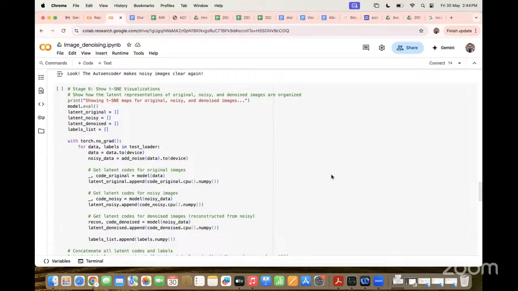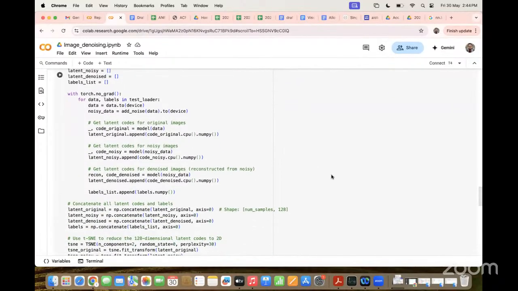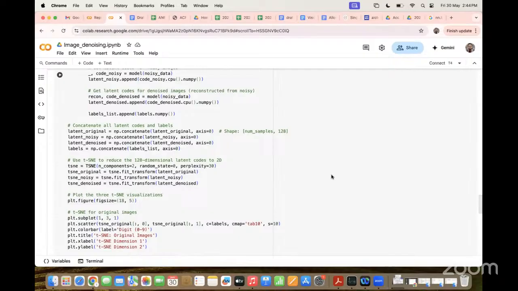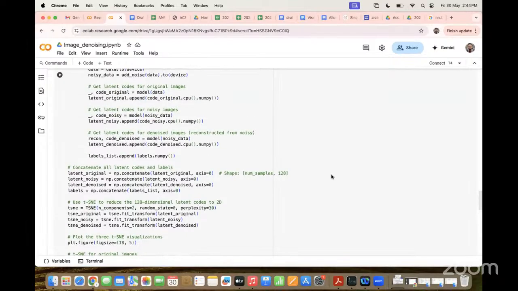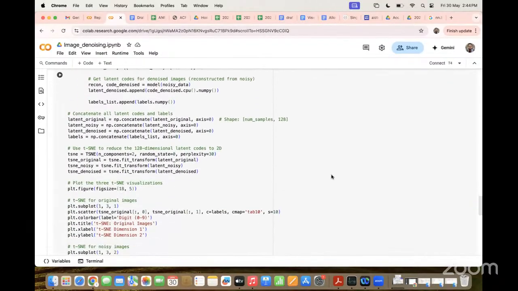So t-SNE is a work done by Hinton, which is capable of representing any high dimensional vectors on a 2D plane so that we can visualize the results in a vector space form. The code for that t-SNE visualization is available free, no need to invent it, so that code we have put over here so that you can directly use it.